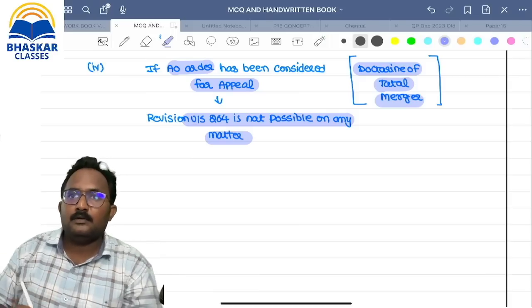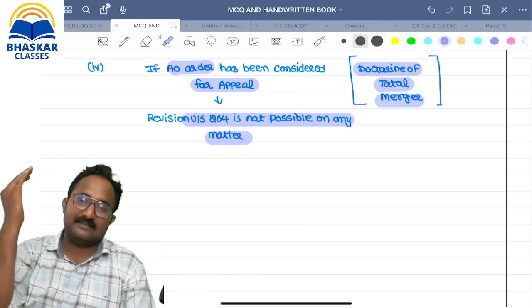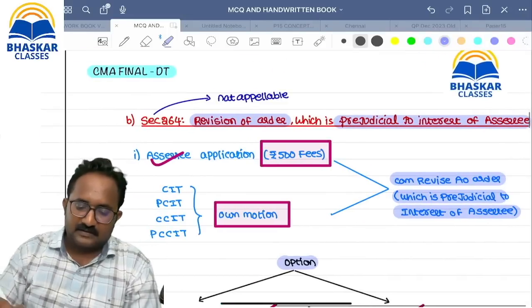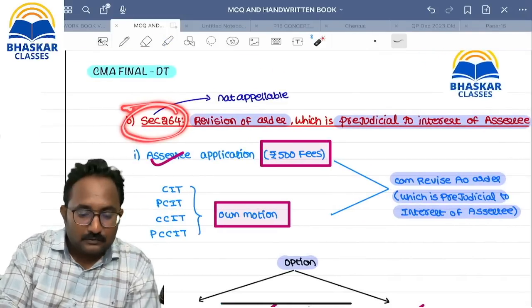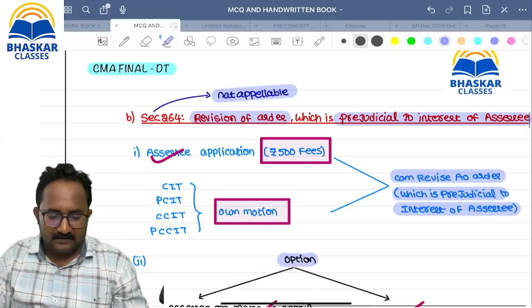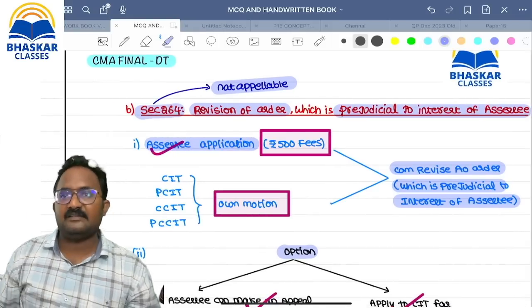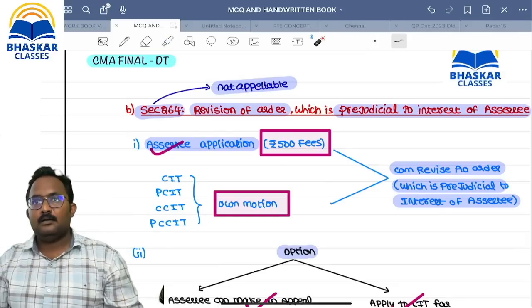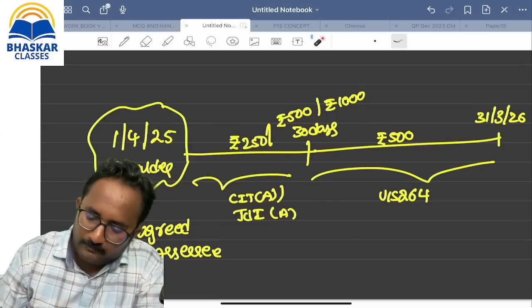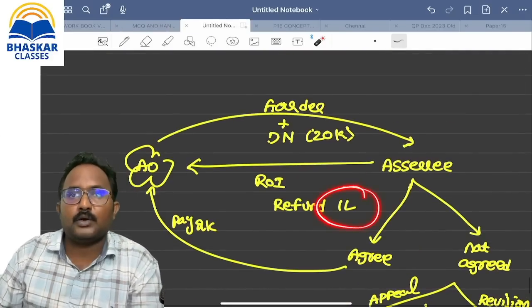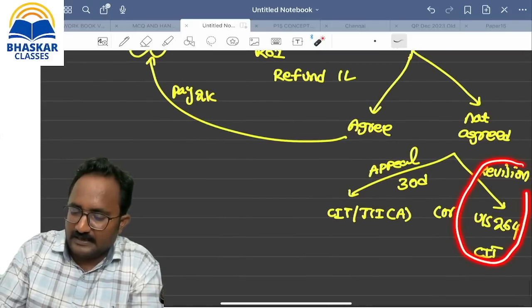So now, sir, the assessee has applied for revision under section 264. We are also doing the revision in favor of the assessee only. Against this 264 order, you can't make an appeal, sir, because whatever you mentioned in this application, that only we are doing as a revision. That's why on this order you can't make any appeal. In our example, what is the amount of refund you want to get, ma'am? 1 lakh. So that is only what we revise in your favor.